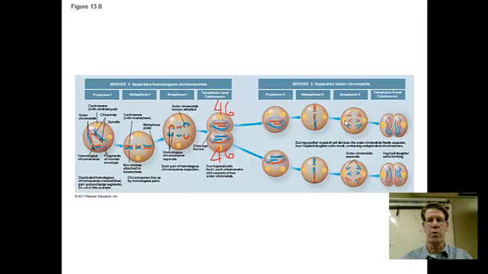Anaphase 2, we pull those chromosomes apart, and now we have formed, through cytokinesis, two haploid cells. Each one has half the number of chromosomes that we originally began with, and that's 46. This is a crucial process in sexual reproduction because, again, we start off with a cell where we have chromosomes, one donated from the father, one donated from the mother, and how those chromosomes get split up, sorted,